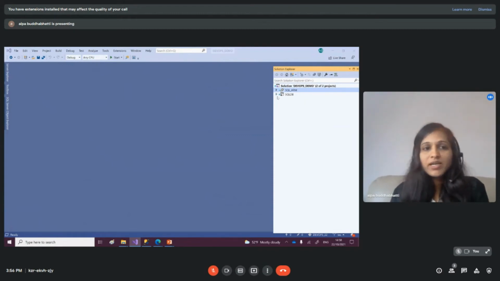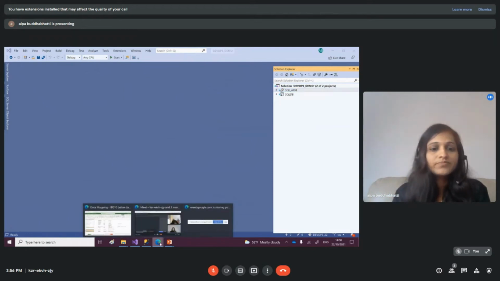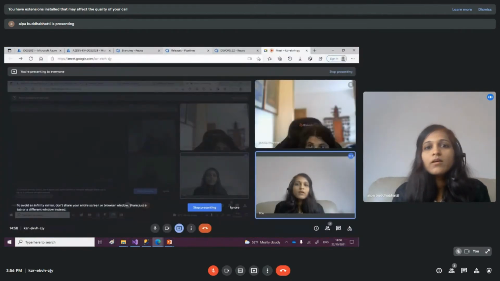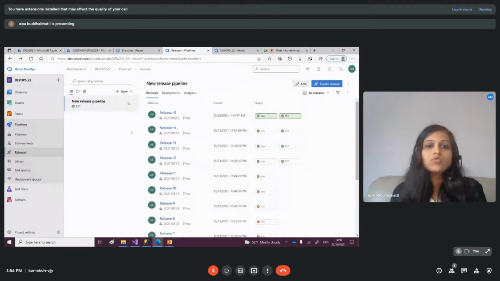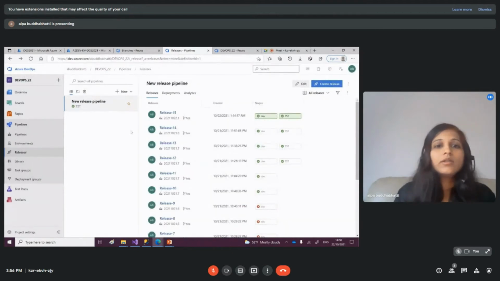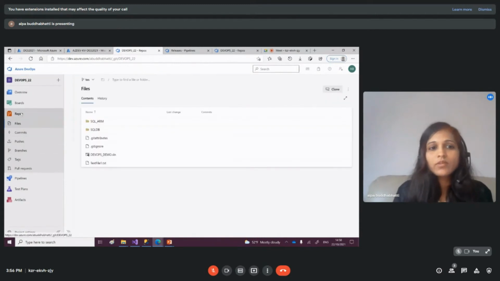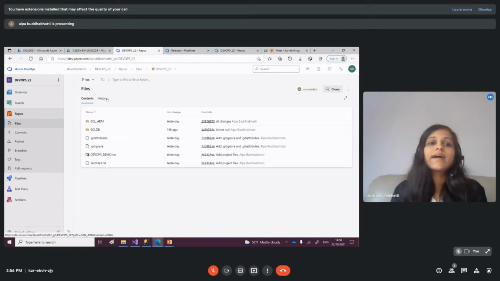Once I have it ready and have pushed my repository into a remote repo, which we can see here at dev.azure.com, this is the one. Once we push and commit our code, it comes into here. You can see that I have created a variable